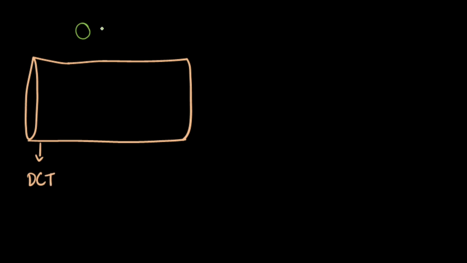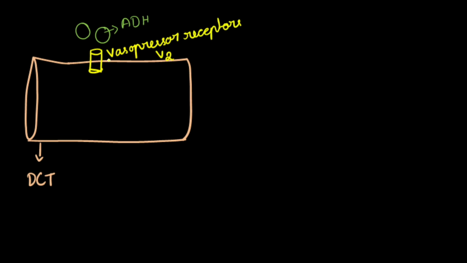So this is our ADH hormone. What happens here, it joins with the V2 receptors. V2 receptors are nothing other than vasopressor receptors, which are seen in the tubular membrane. You can see here, it is situated exactly here. So here this ADH and the vasopressor receptors join and activate adenyl cyclase,